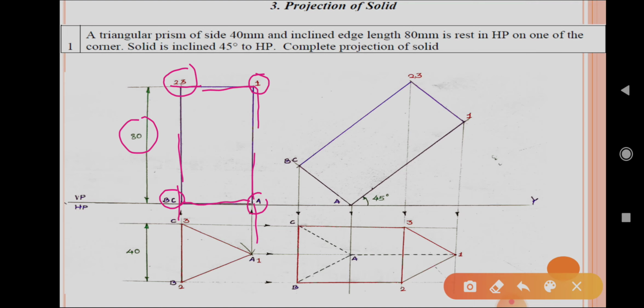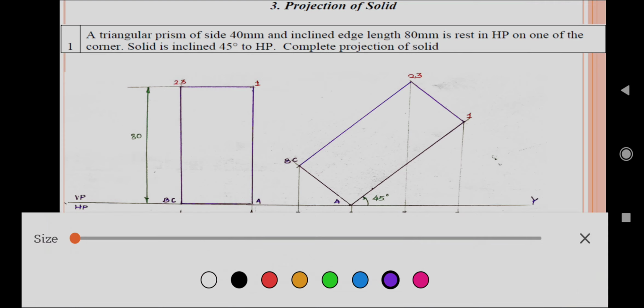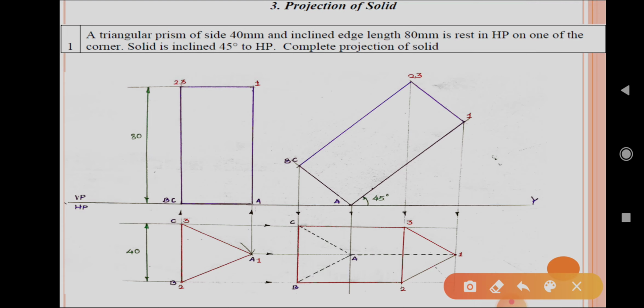Then the solid is inclined at 45 degree to HP. So solid is inclined 45 degree to HP. So point A can mark on XY with the base side. Solid is inclination, we can take to the base inclination, that is a 45 degree, either this side or either this side, and then